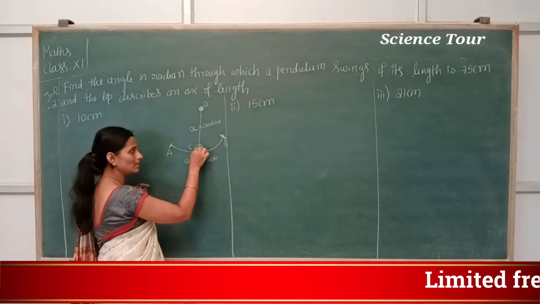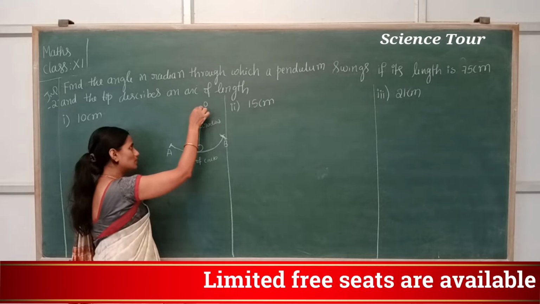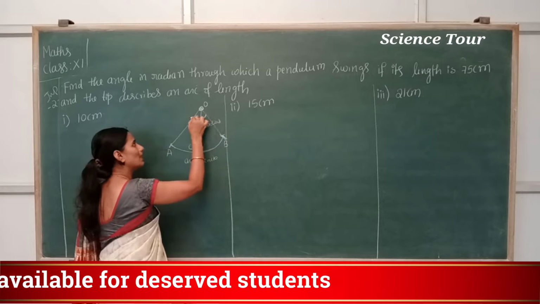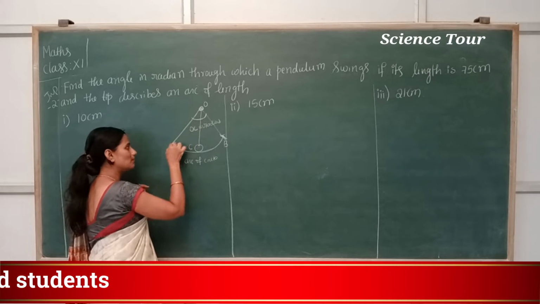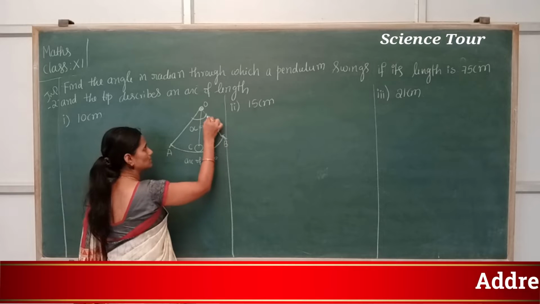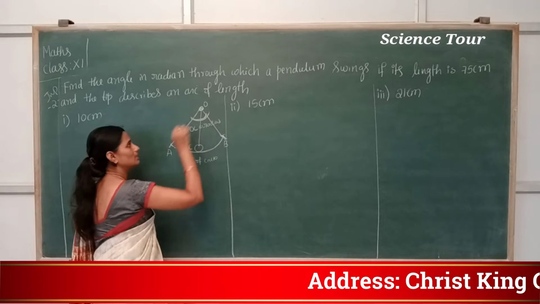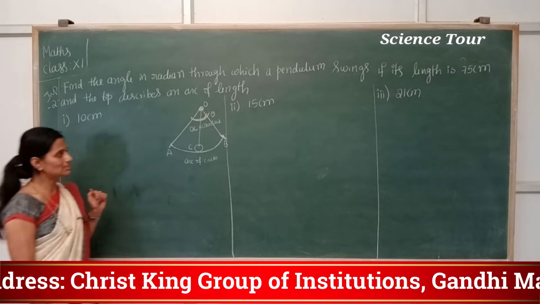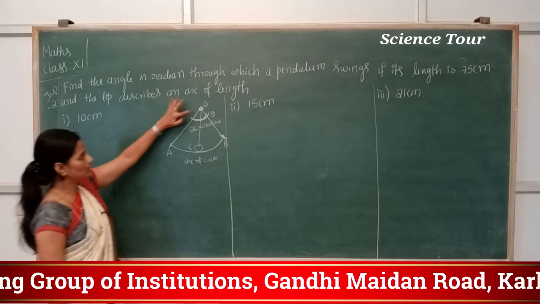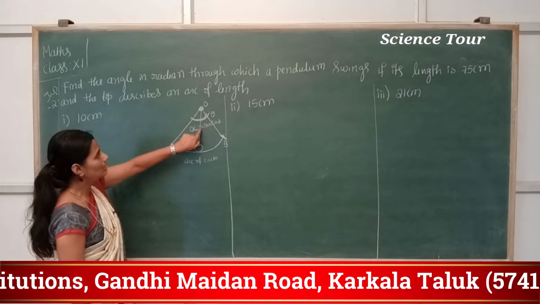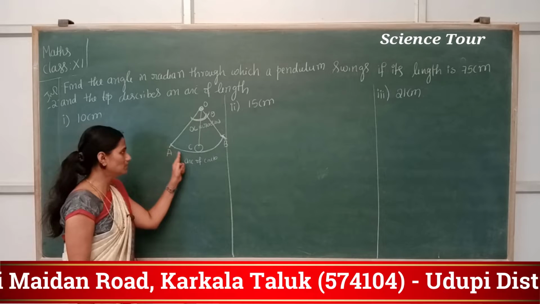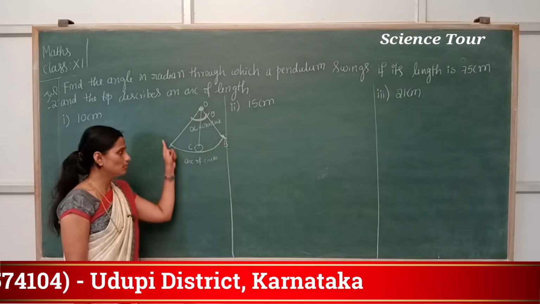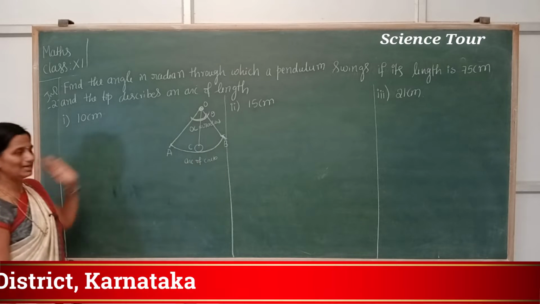And theta, how is it theta? Initially it is here, correct? When it swings, it comes here and next it comes here. So this is your total angle, the angle described in one swing. This is the angle described in one swing, that is equal to theta. Understood? So from the fixed point to the point here is the radius, and how much the tip describes is the length of arc. So now you got an idea of the pendulum.